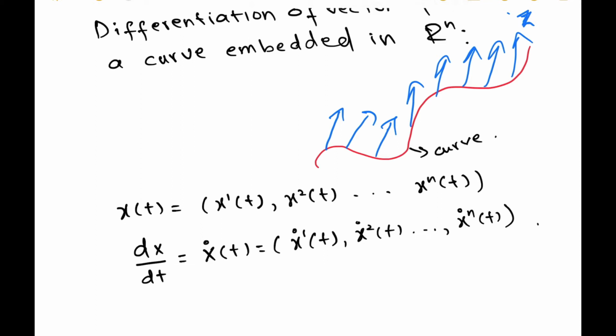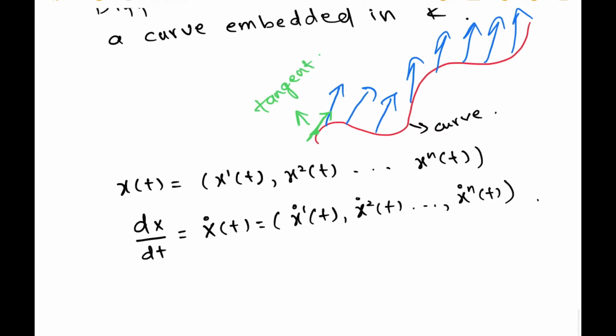If we consider this point, this dx/dt will be representing this vector which is tangent to this curve. But I am not interested only in the tangent fields. I am interested in arbitrary fields which can have any direction. So, I am interested in arbitrary vector fields,